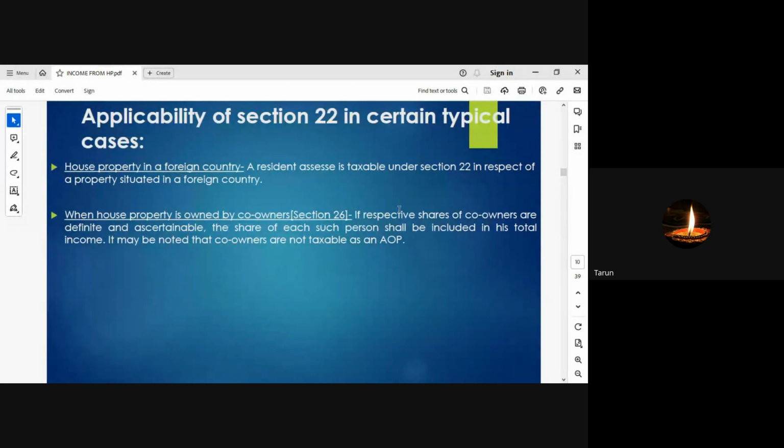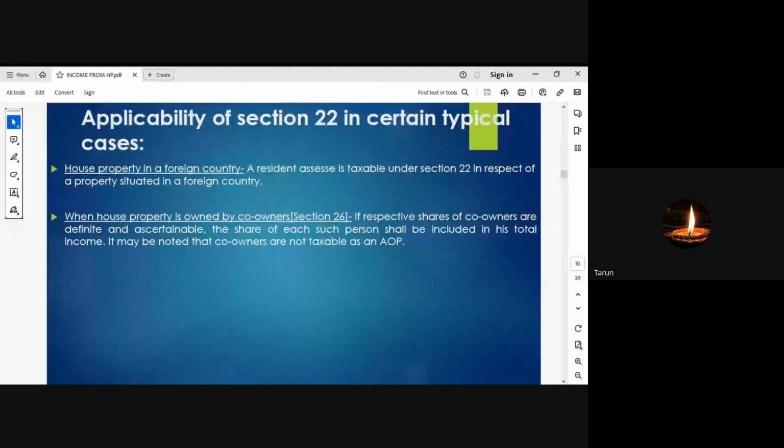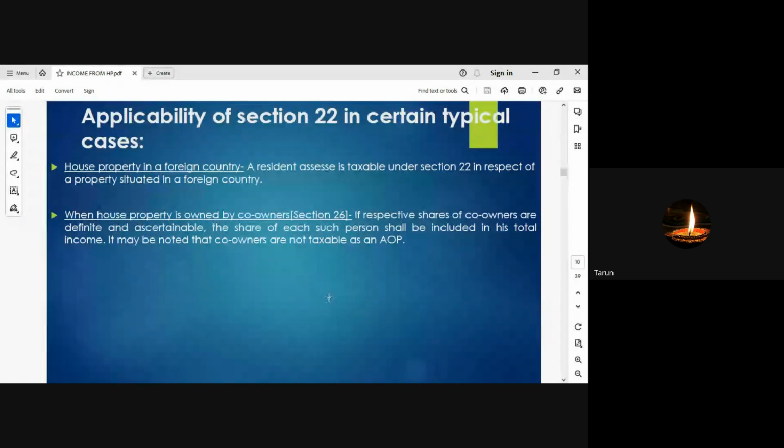Next case is when the house property is owned by co-owners. It is not necessary that you alone are the owner of a property. There might be different co-owners of the same property. Then whether it is taxable or not taxable under the head income from house property. So this is the answer given in the slide. When a house property is owned by co-owners, the section is